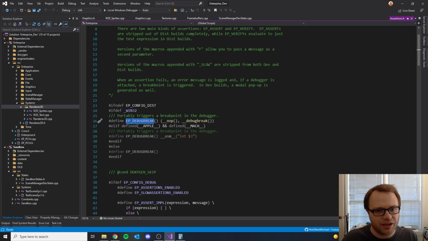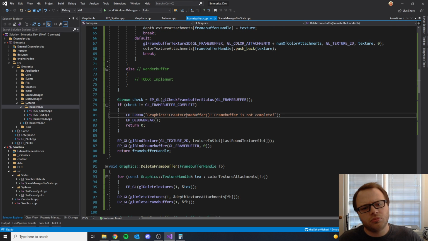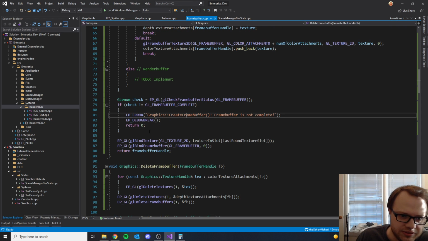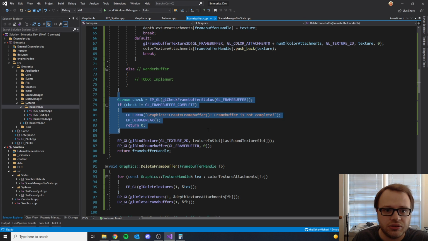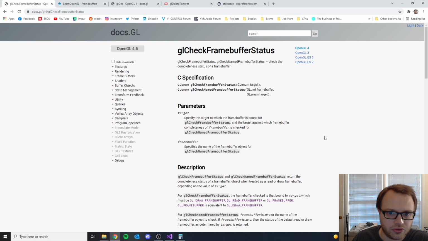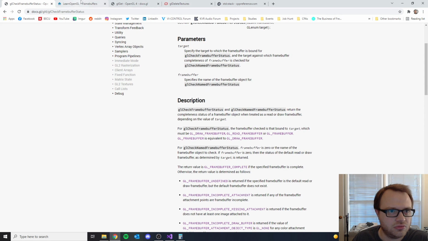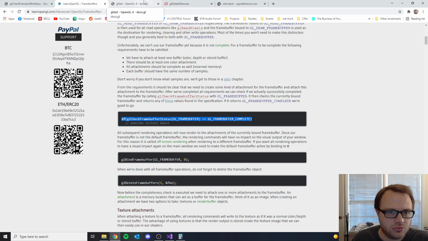Okay, so apparently the frame buffer is complete. EP debug break is just a programmatic way of setting a breakpoint. Because it didn't throw a breakpoint and didn't display an error message in the console, I know that the frame buffer is ready to draw to. So that should be fine,